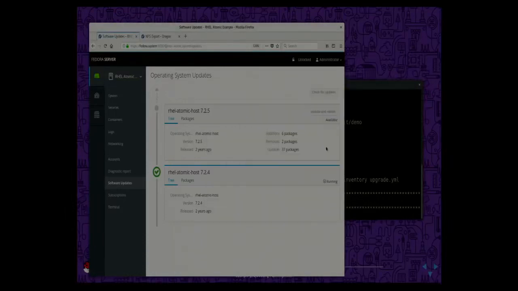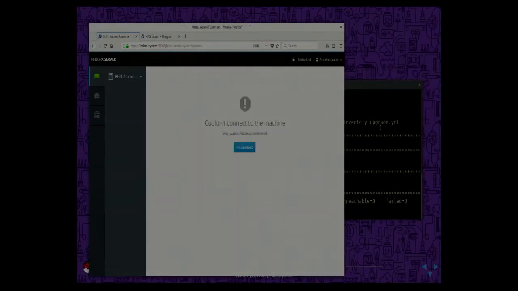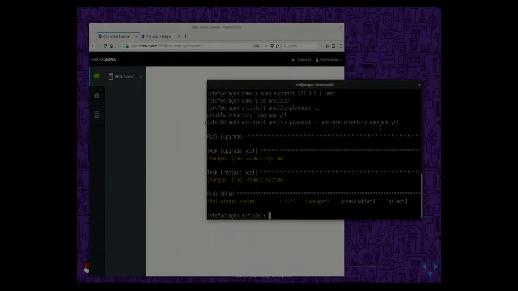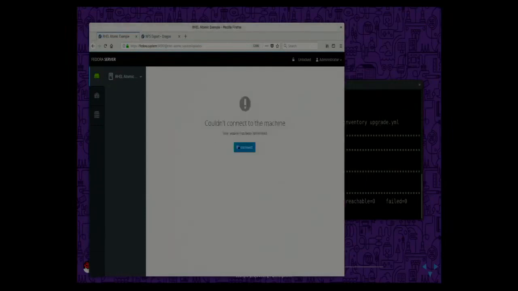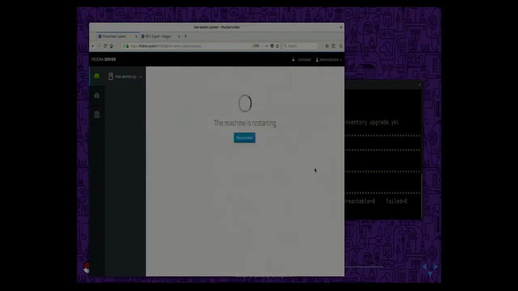Don't bail on me, Ansible. You can see buttons are being disabled. We can see that as the task is getting done, the UI is reacting to the state of the system. Cockpit in no way wants to own your system or its state, but it takes into account the stuff that's going on. The system is now being rebooted into the new updated version of that atomic host, and we will then be able to reconnect to it and see that it's now running 725. And of course, I can bonk the button to go back without a problem. All right, well, I hope that gave you a whirlwind view of Cockpit, how it's implemented, and